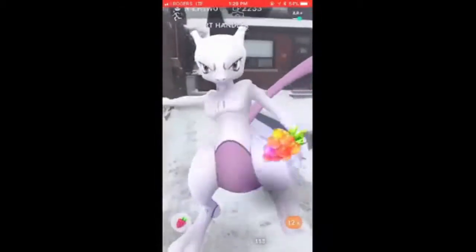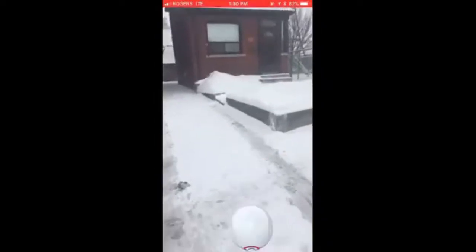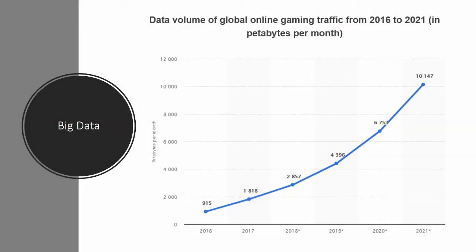The future of data analytics within the industry will reflect the advancement of technology taking place right now and in the near future, such as virtual reality and augmented reality, such as Pokemon Go. Speaking of the increased data in the future, we go on to big data. This graph shows the amount of data collected in the past 2 years and projections for the next 4 years. From 2016, we have doubled the intake of information from 915 petabytes to 1818 petabytes, and by 2021, 10 times what we had consumed in 2016. This shows the immediate need for data analytics processes to handle this much volume of data.